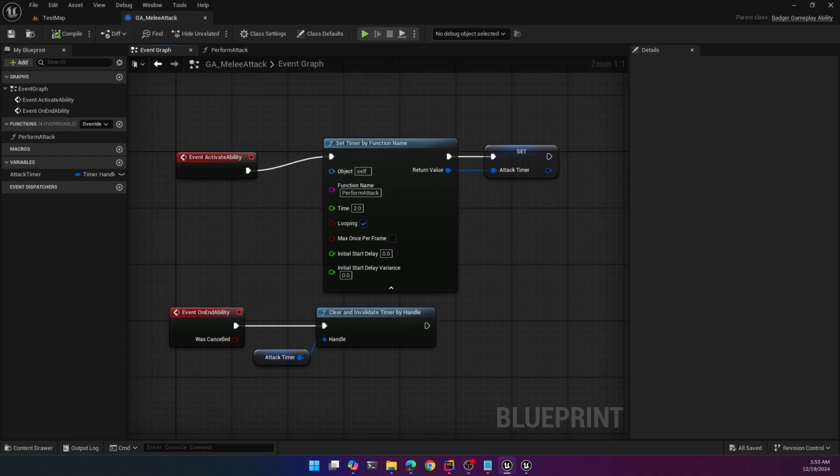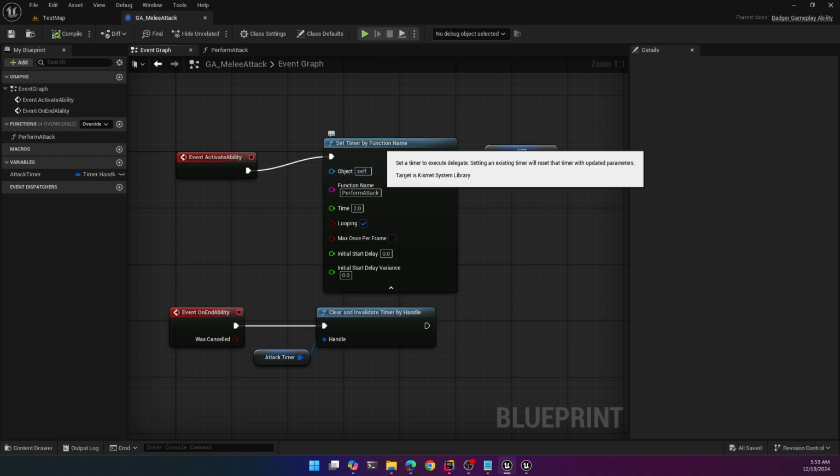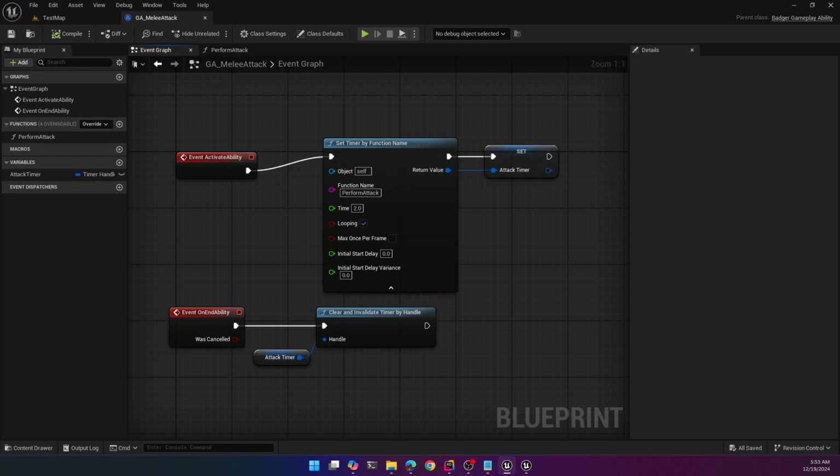I'll be able to see the wolf's health go down, but if I want to see him actually die, I'll have to create an ability for that as well. So if we have time, we'll get into that. But that's the plan, at least for now. Unless I change it,